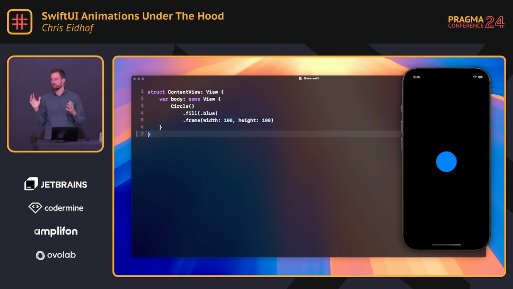So maybe a different way to put this is we had our state A of the view tree, we had our state B, and SwiftUI animated for us from A to B. And we just added a dot animation everywhere, and things magically worked. But what if you want to animate from A to A? For example,